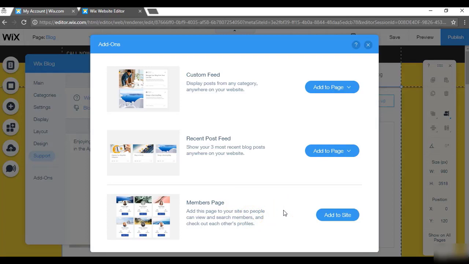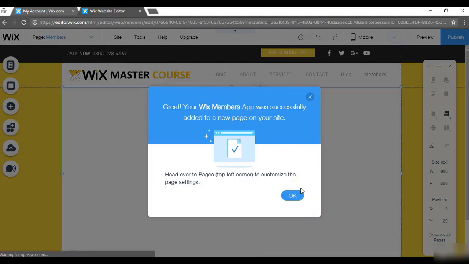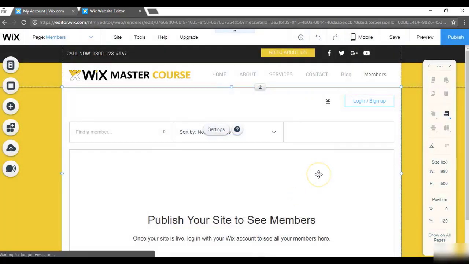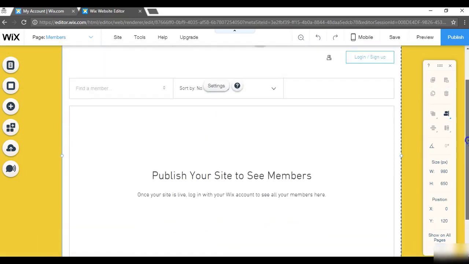So let's say that you have a really popular blog, or just content that individuals are wanting to read frequently. They may register as a member on your website. So I'll click on Add to Site, and this is one of the most popular features, so I'll go through all of this. And once I click on Add Members, it automatically creates a new page. All of the members will be listed in here, so I'll be able to see individual members listed right here